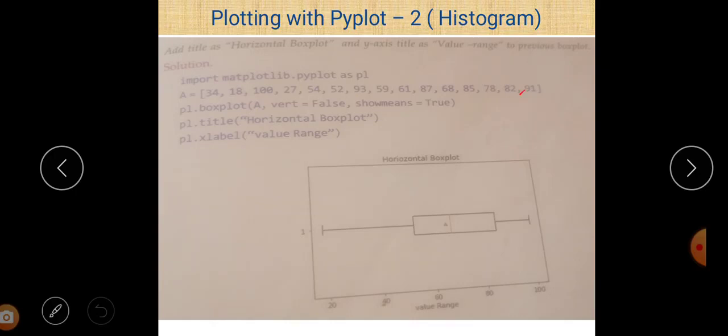There is a data set named A, and first of all we write the statement import matplotlib.pyplot as pl. So pl is the alternative name given to matplotlib.pyplot. We use pl whenever we want to use matplotlib.pyplot, and boxplot is a function name which is used to create a box plot.